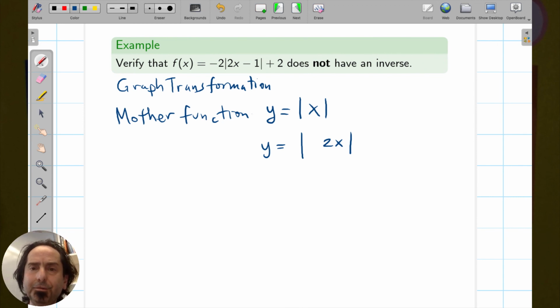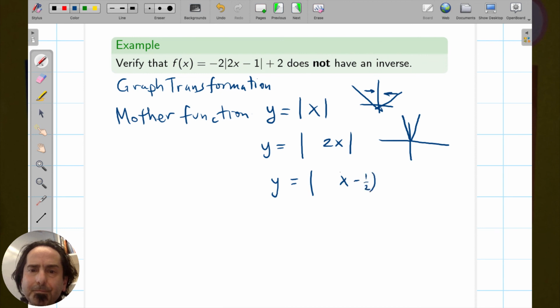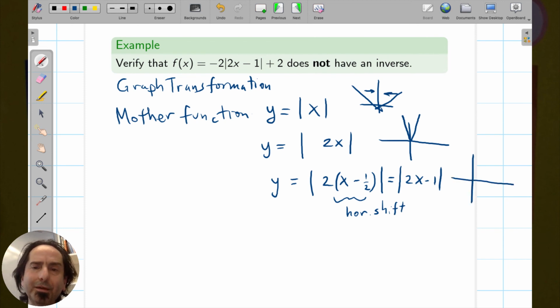that's a horizontal shrinking. So the graph here looks like absolute value. If you write y equals absolute value of 2x, you actually shrink horizontally. It'll be a steeper V shape. And then if you change x to x minus 1/2 and keep the 2 out there, I'm doing that to still have the absolute value of 2x minus 1. And this is a horizontal shift. And so the function now is shifted by 1/2 unit to the right, and is going to look like a steep V shape,